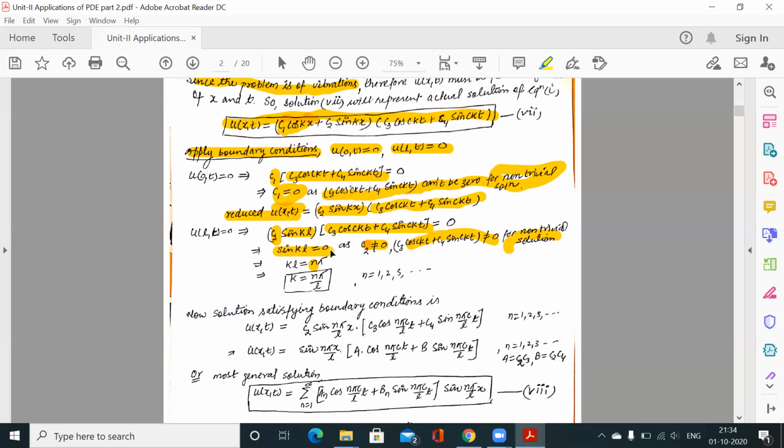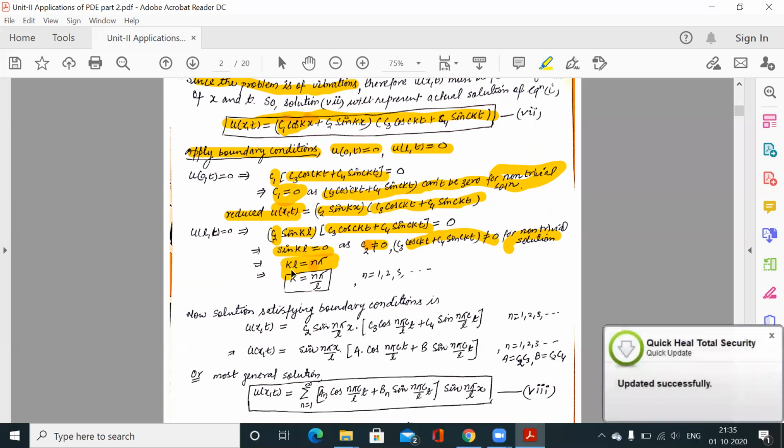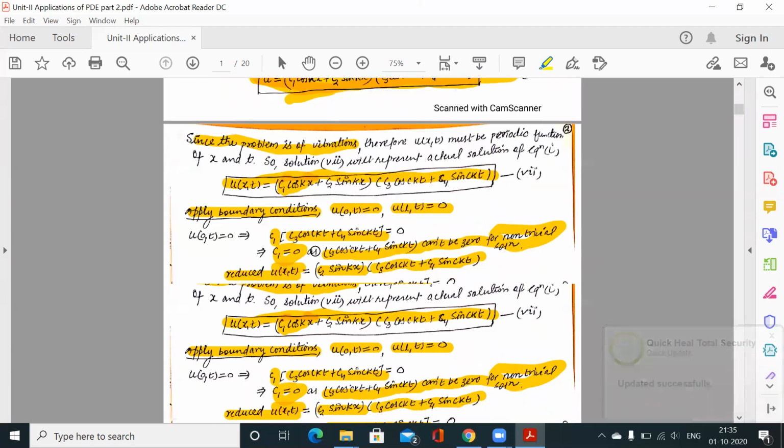Okay? Do you know when the value of sin will be 0? Sin of every pi is 0, so we can write 0 as sin n pi. So after cancelling the sines on both sides, what will happen? The angle would be n pi. When sin of an angle is 0, that means the angle would be either pi or 2 pi or 3 pi or 4 pi, 5 pi. So kL must be n pi. So what is the k value? k value is n pi by L. L is the length of the string.